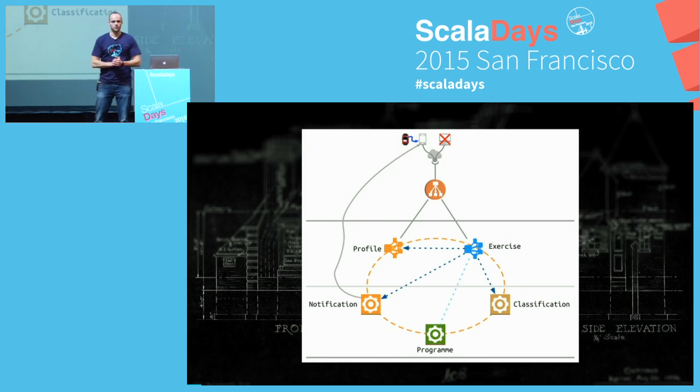We have a router, so think an elastic load balancer that doesn't do anything far too clever. It just receives each HTTP request and it picks a node and it forwards the request to that one node. And inside these nodes, if we were to unpack them, there are 5 main components. There is the profile cluster, and there is the exercise cluster, and then we have 3, if you like, services,